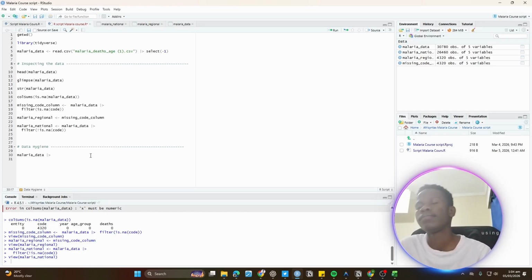Keep in mind you want to put gaps in your code like this, so I don't want to continue and go like distinct, and then you want to start on a new line, so that your code looks good and is more readable. So make sure you keep